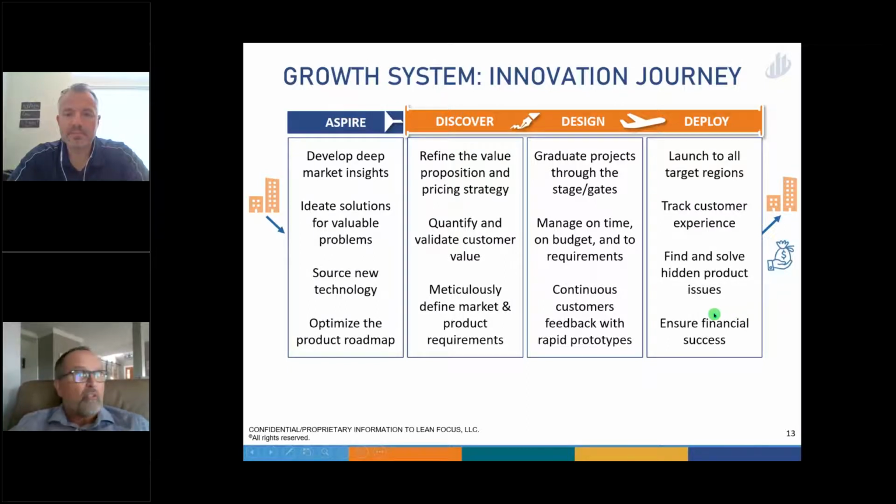understand what it is? Launches are affected by all sorts of things: quality, delivery, and manufacturing. It might be bugs in software, but it also could be delivering the right material to support the product. It could be the technical team. There are so many things that have to go right for a product to be successful globally. How are we finding those, and then how are we applying good lean thinking to problem solving? Because that's what will get us to financial success. So that's the journey of innovation in a little more detail.